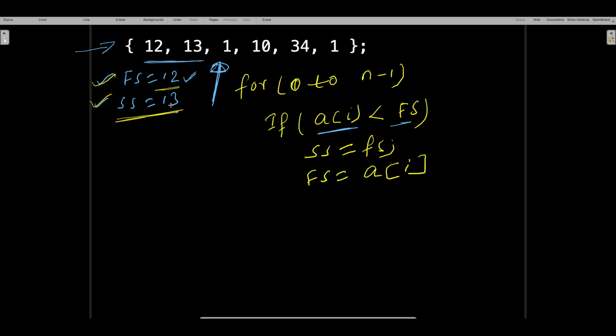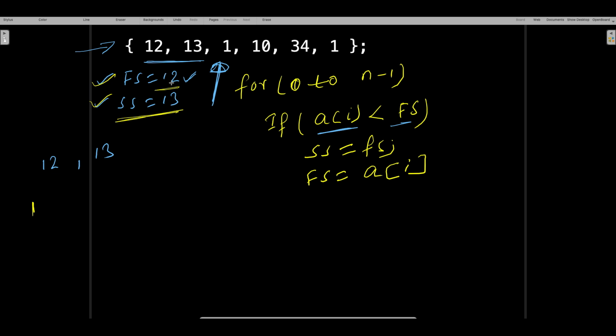Right? You got it. So we had to find two smallest numbers, and we already know that my first smallest number is equal to 12, my second smallest number is equal to 13. Now you got a number in your array which is even lower than the first smallest, which is nothing but 1. So when this number is even lower than the first smallest, whatever your assumption had, that needs to be changed, right? Because technically here there is another number